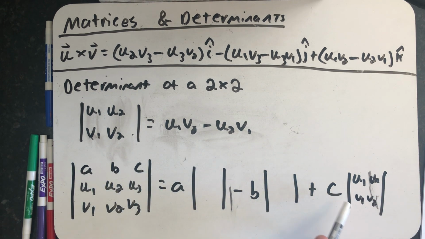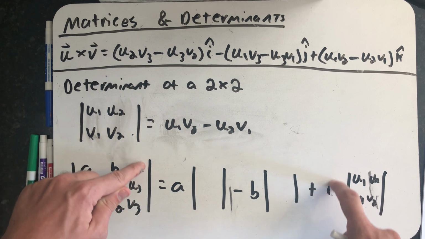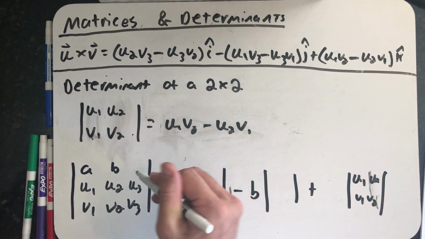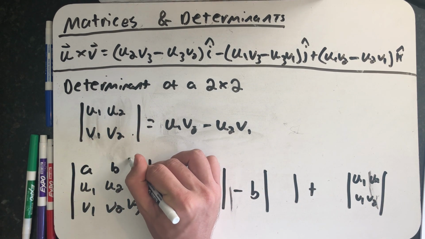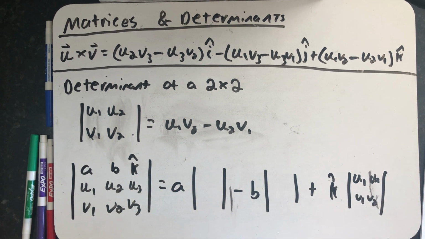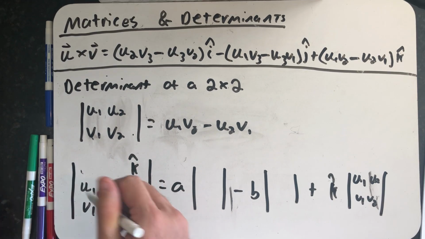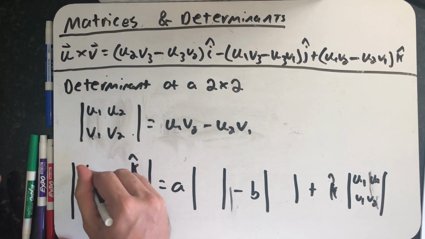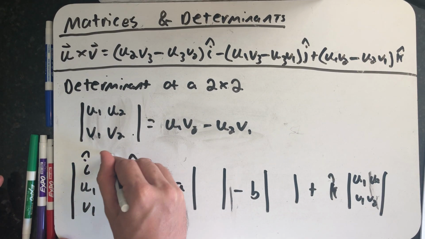And then I said, well, I don't want to multiply it by some number C. I want to multiply it by the vector K. So instead of having a number in that top row, what we're going to do is put the vector K up there. And I should write it here. Most of the time when I write this formula down, I reverse the order of multiplication because order in multiplication doesn't matter. All right, well, let's just see what happens if we rethink this with an I and a J,